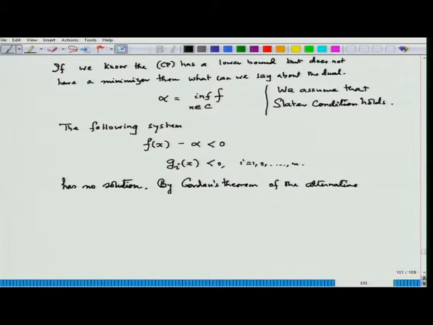So, by Gordon's theorem of the alternative, we have that there exists lambda naught bigger than or equal to 0, lambda 1 bigger than or equal to 0, lambda m bigger than or equal to 0, such that lambda naught, lambda 1, lambda m collectively is not 0, and lambda naught